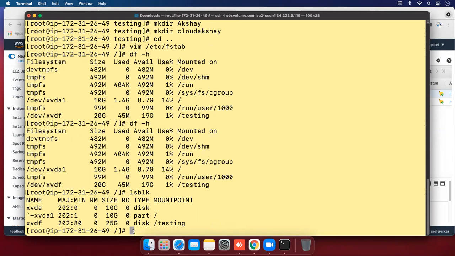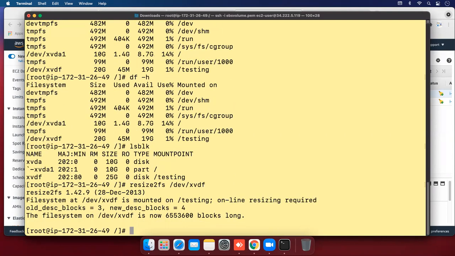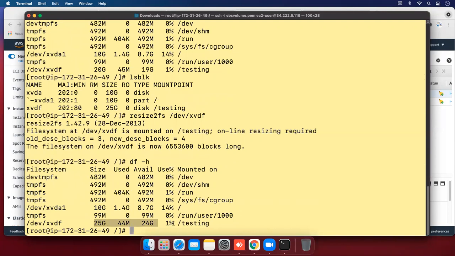We need to run one command, resize2fs, and the disk name is /dev/xvdf. Hit enter. So you can see the file system on /dev/xvdf is now resized. And let's check once again, df -h. So 25 GB is successfully mounted here.